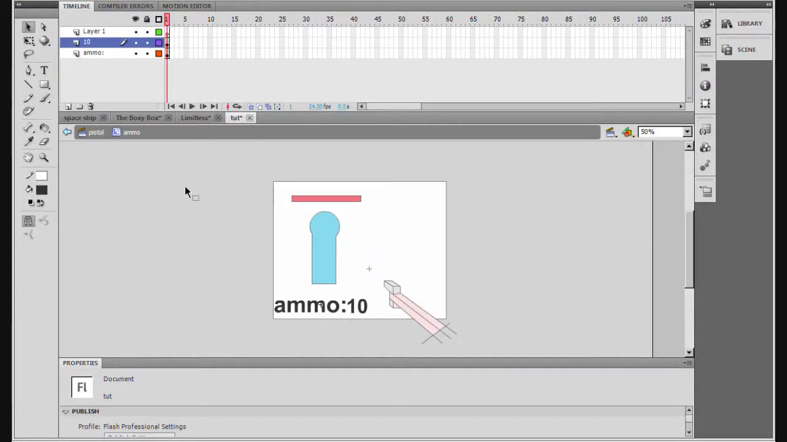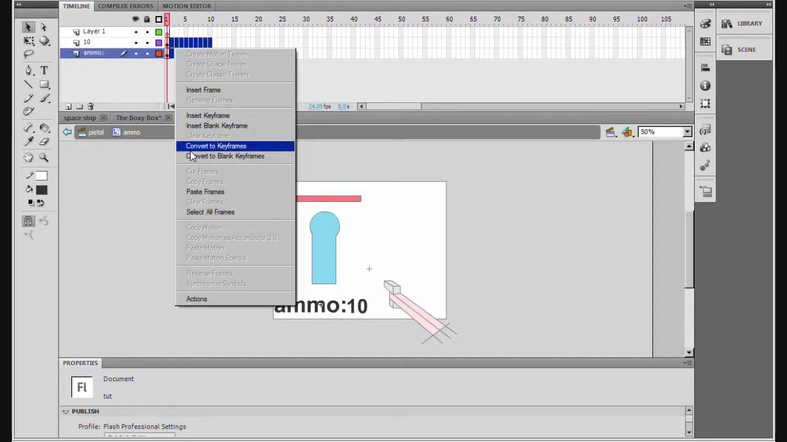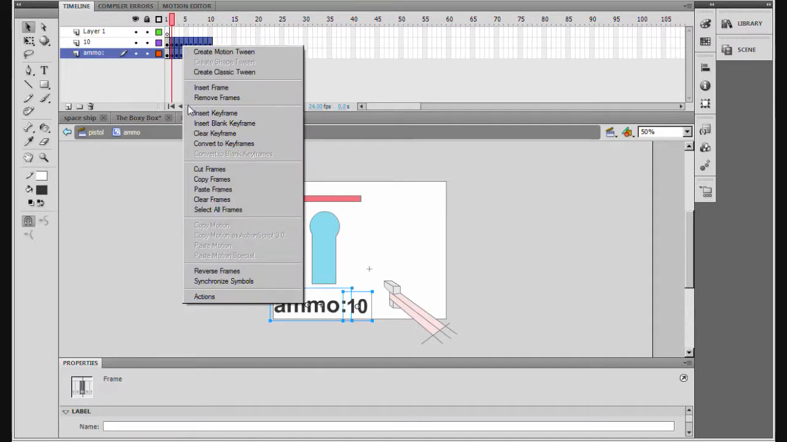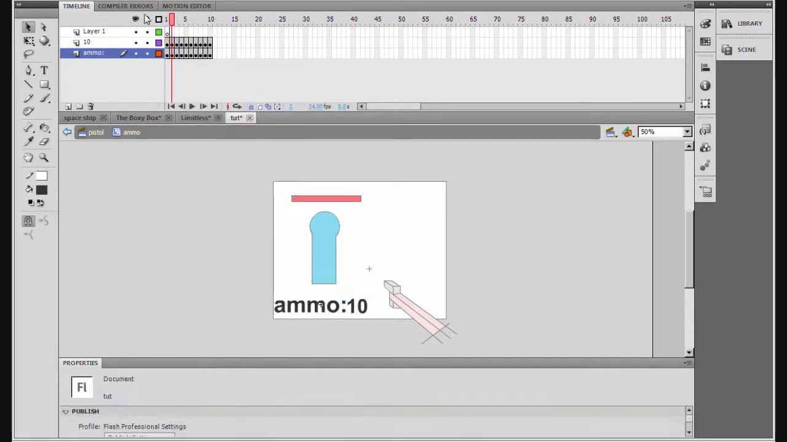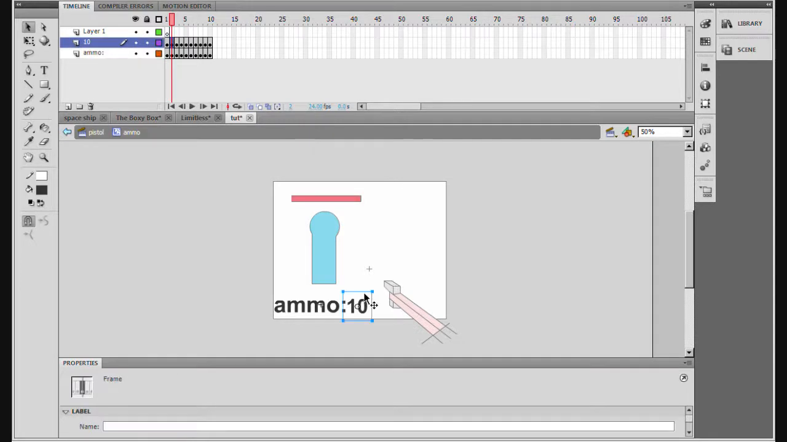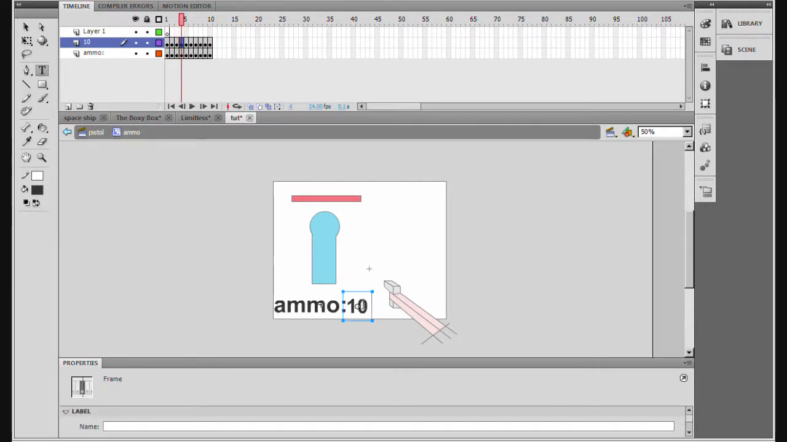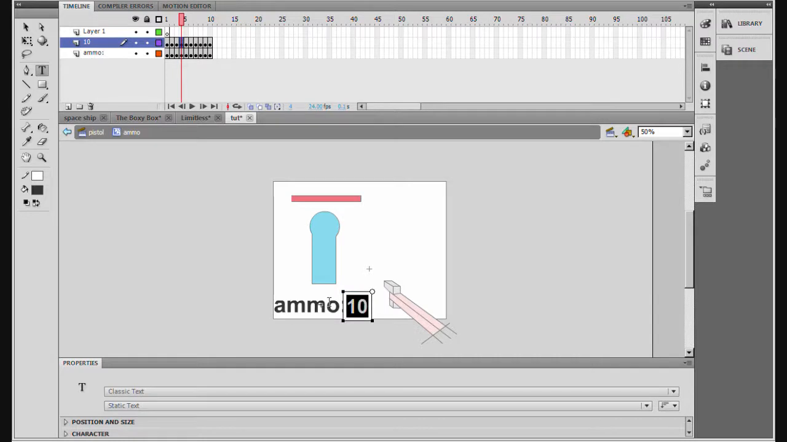Now what we do is create 10 frames, convert to keyframes just by selecting like that and right clicking, convert to keyframe. Now on each one of these we're going to just count it down, so that's going to be 9, 8, so you can actually see it's counting down, 7,